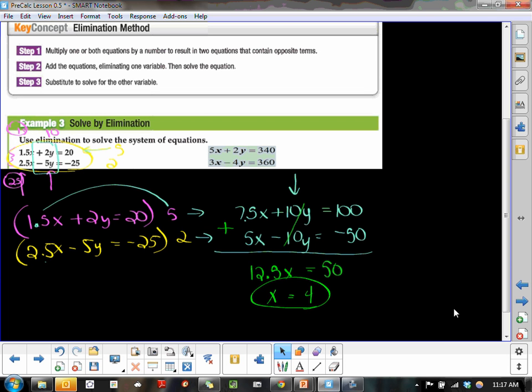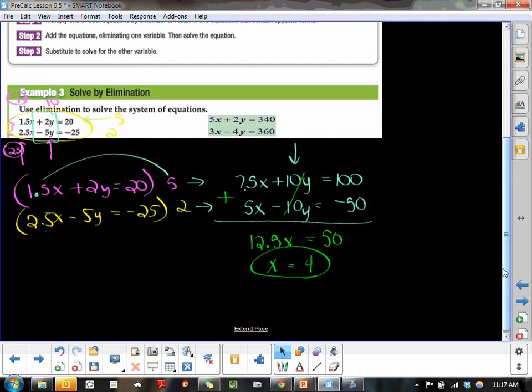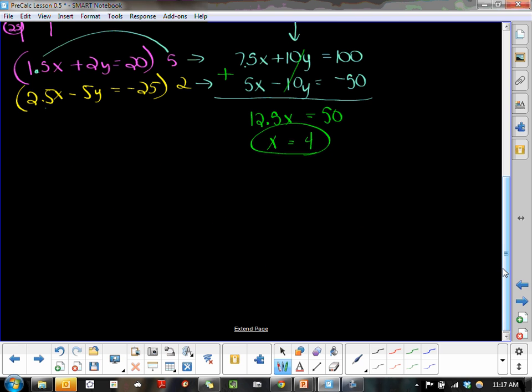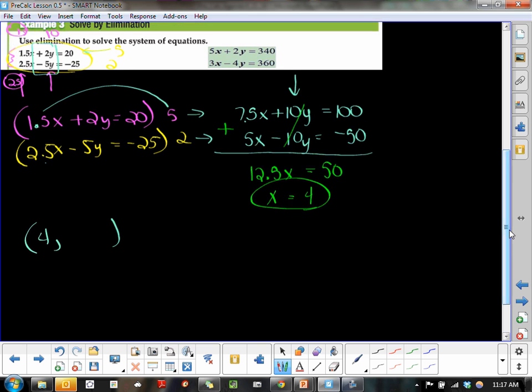So now we're going to plug that back into either the first or the second equation in order to find the value of y. So we're going to use substitution principles at this point. So what I know so far is that the x value of the ordered pair where the lines meet is 4. So I'm going to choose the top equation, 1.5x + 2y = 20. I'm going to replace the x, since this was the x value that we found, to help me find the y value,